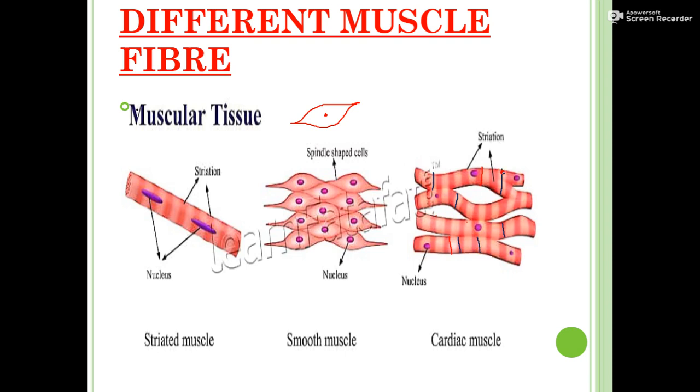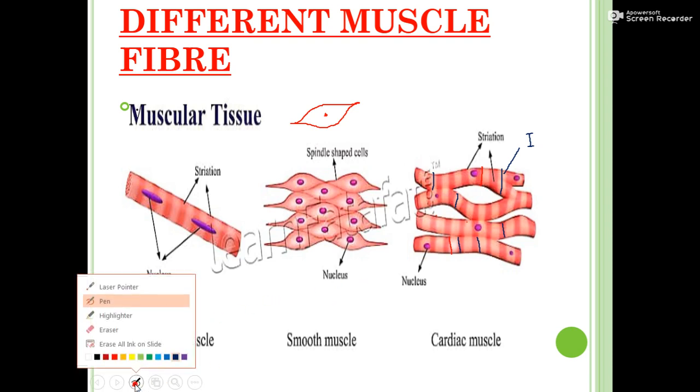So this one is known as intercalated disc. It is only and only present in cardiac muscle. So if someone finds a small part of the striated muscle or the cardiac muscle, then how can that person differentiate between these two? Only by the presence of intercalated disc. If it is present, it means it is a part of cardiac muscle, and if it is not present, it means it is a striated muscle.